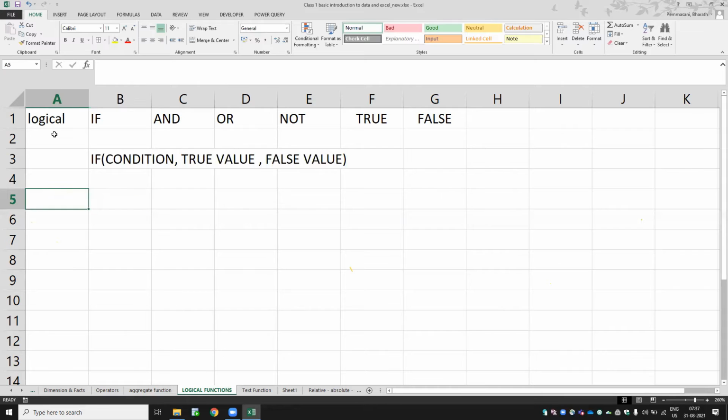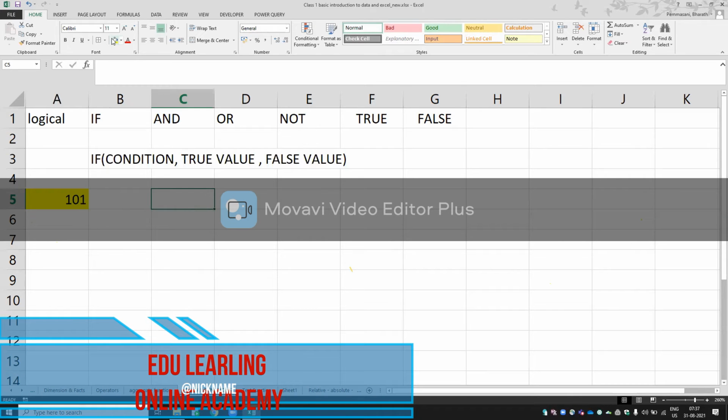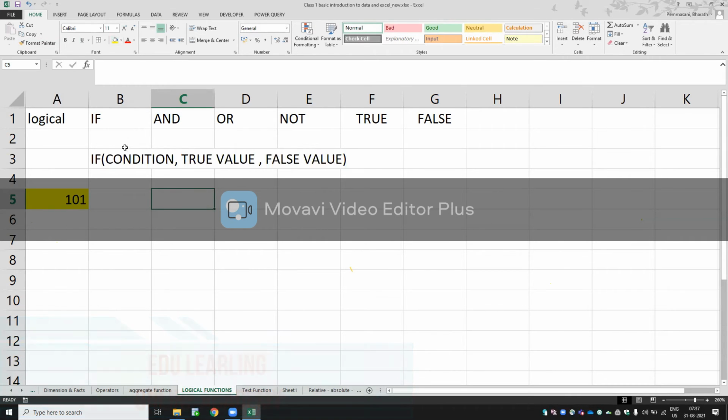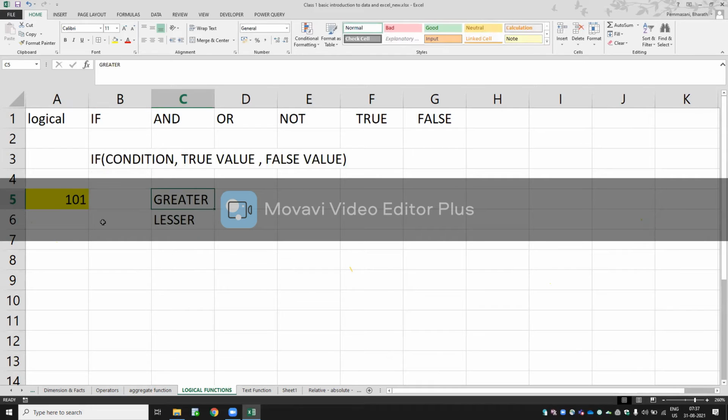Suppose this cell is A5. If A5 is greater than 100, then I should write greater, else lesser. That is my condition. So let us try to implement this in an IF condition first.